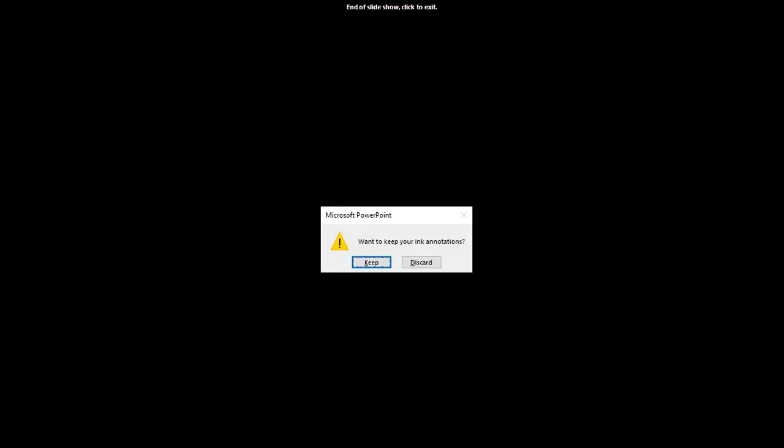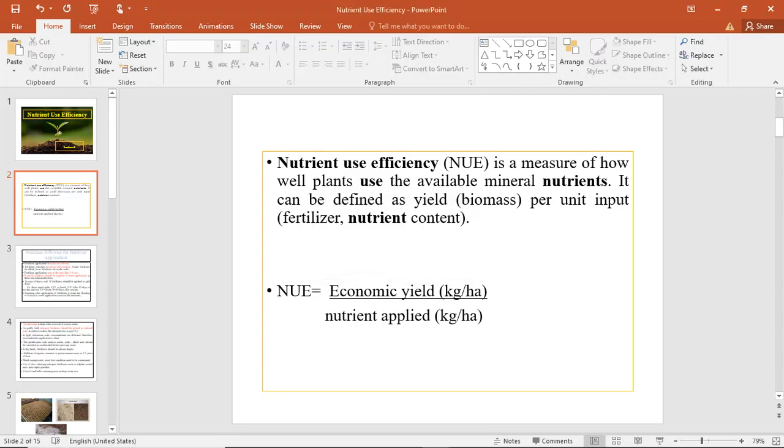And this ends the nutrient use efficiency chapter. Okay, I know this is a little difficult for you to understand, but try to learn this since it is very important. And if you are from a farming family, then you should tell your father or grandfather, whoever is practicing agriculture, to minimize the application of fertilizer and to increase the use efficiency. That will be helpful just by learning these things.